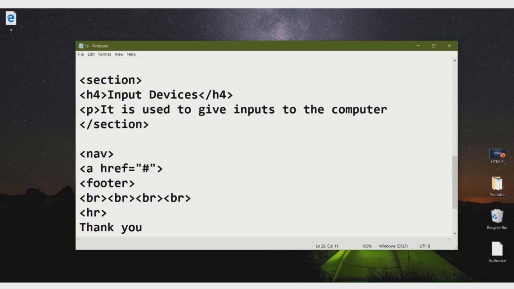Suppose I am using here www.wikipedia.com. This is an internet page, and using this page we can get information about any topic. Suppose here I am writing mouse,